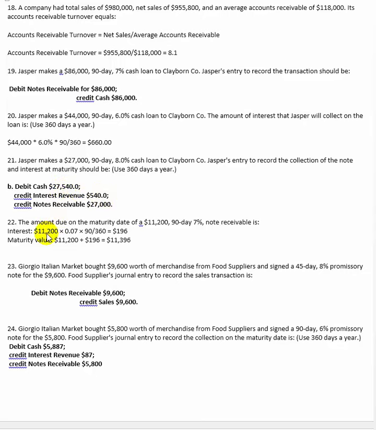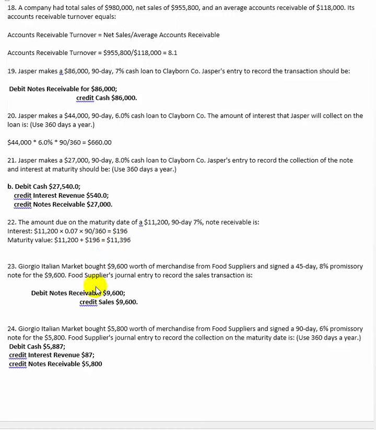Number 22. The amount due on the maturity date of a $11,200 90-day 7% note receivable is what? It'll be interest plus the principal. So the interest will be 11.2 times 7% times 90 over 360, which is $196 interest, and you're going to add to that the principal of $11,200, which we had up here. So the maturity value will be